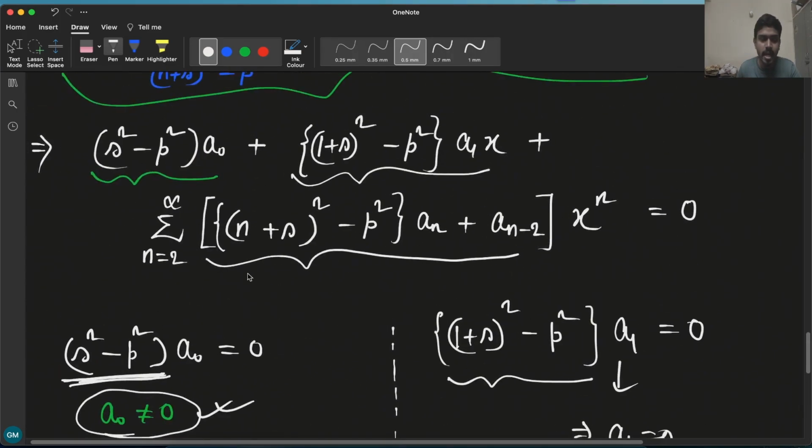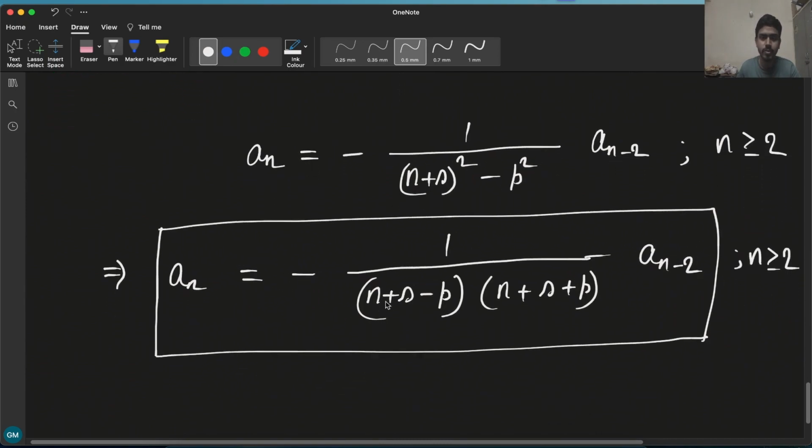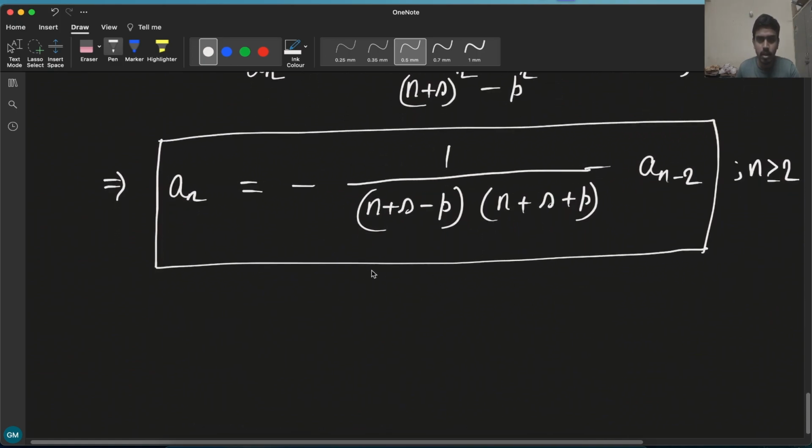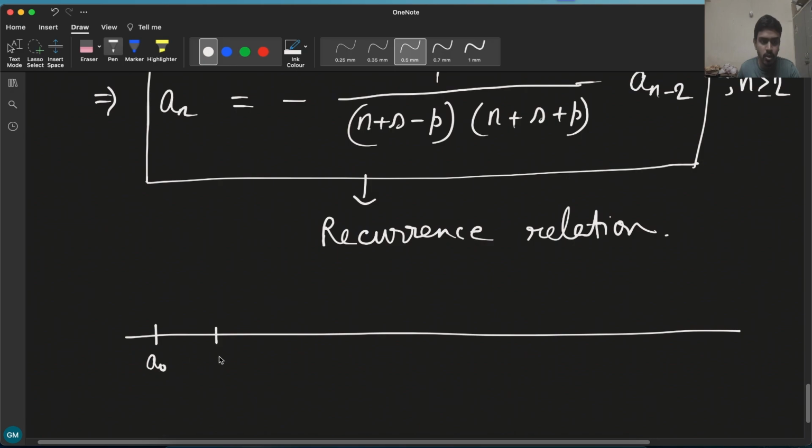and as this summation is going from n equals to 2 to infinity, this recurrence relation is valid for n greater than or equal to 2. What it says is basically, let's say we have a0, a1, a2, a3, a4, a5 and so on, these terms, and